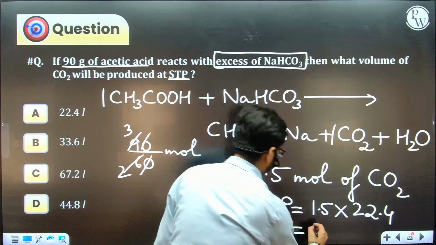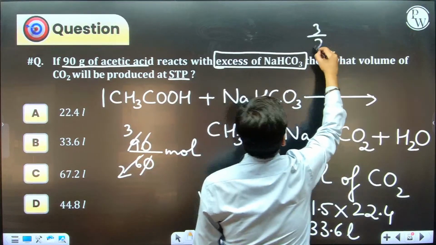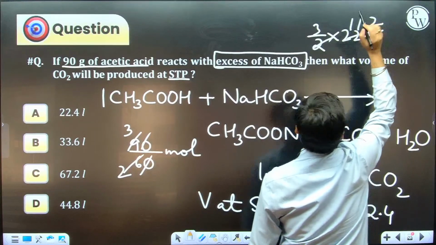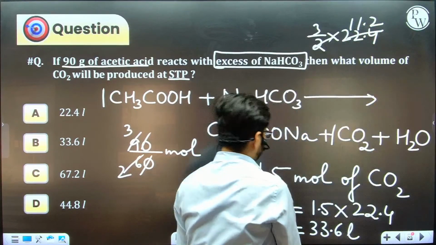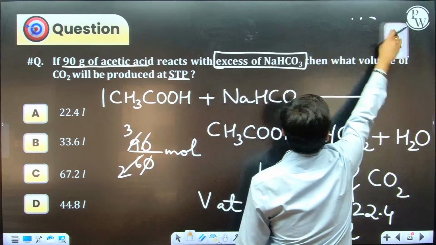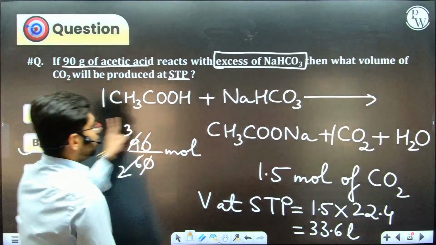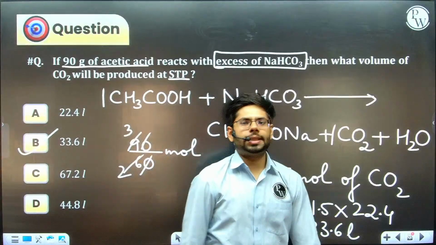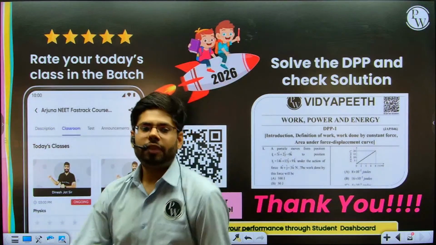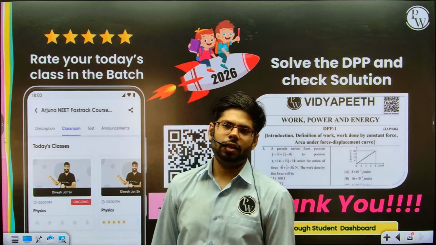On solving this, what do we get? We get 33.6 liters. 1.5 is 3 by 2 if you show this calculation, right? And then we'll say that we are getting this. 11.2 into 3 is 33.6 liters. 33.6 liters. So B is the answer. So without the reaction you will not be able to proceed. Okay. So I hope we have covered most of the concepts. So keep revising GOC, and it is going to be extremely